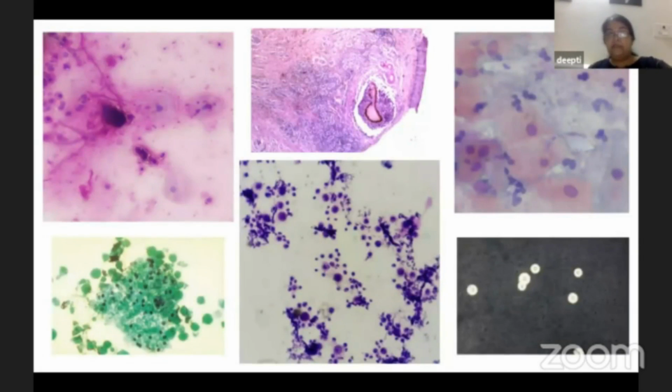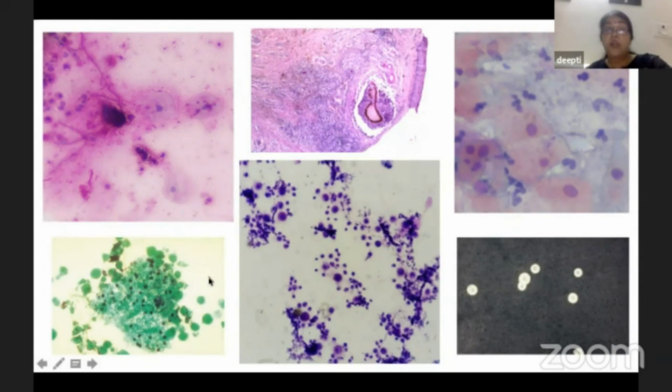And this is a slide of the pap smear, where you are seeing these are the different epithelial cells. These are the neutrophils, and here what you are seeing are budding yeast of Candida. So when we see a histopathology specimen, it is a skin biopsy, lung biopsy, any other biopsy. You can clearly see the epidermis, and it is showing pigmented fungal colonies in the dermis. When we see a cytology specimen, we use pap stain and Giemsa stain. This is a sputum sample. Now, in this sputum sample, what you are seeing, these are hyphal structures. This is a pap stain smear.